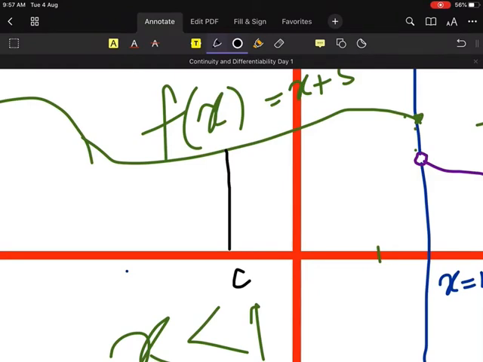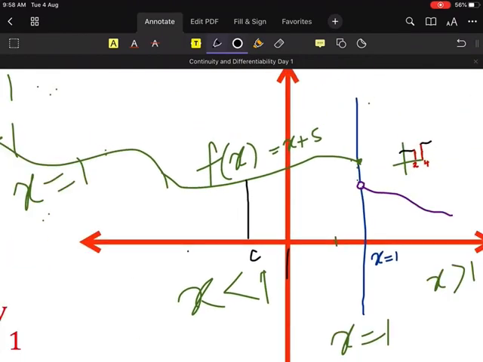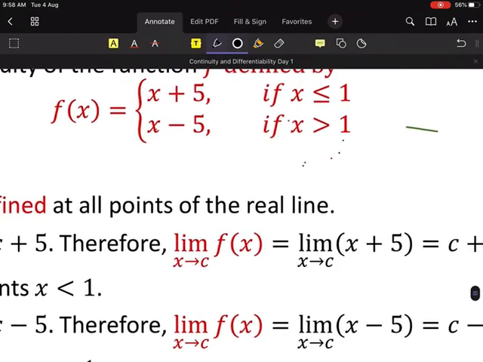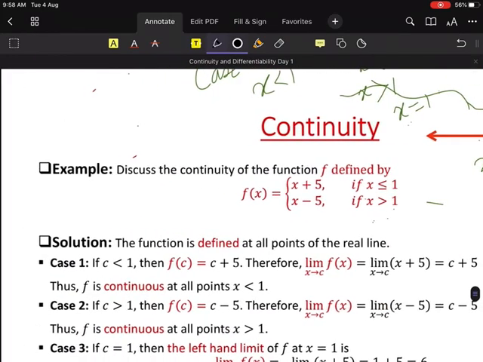So if I prove the function f(x) is continuous at C, then we can directly say that the function is continuous. If I prove that the Prime Minister of one particular country is very good, then we can directly say that that country is good, because he is running the country, right? So if the function is continuous at C, then we can prove for the whole thing that the function is continuous when x is less than 1. So let us try to prove.